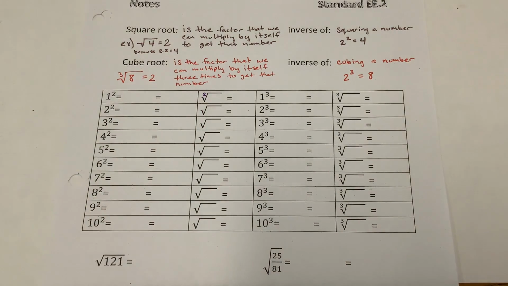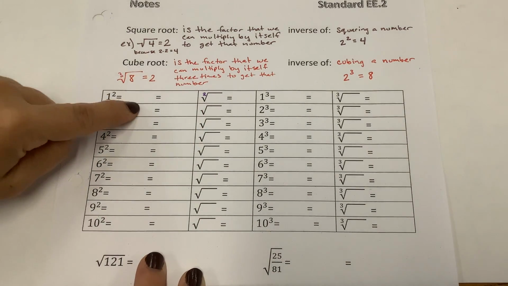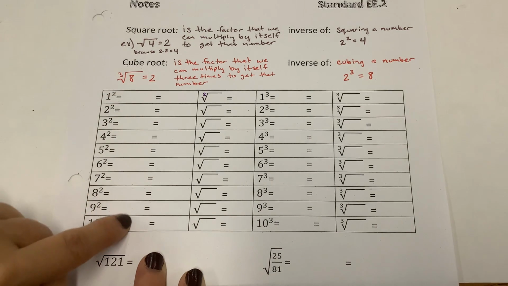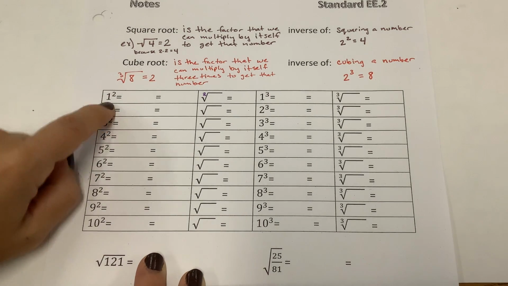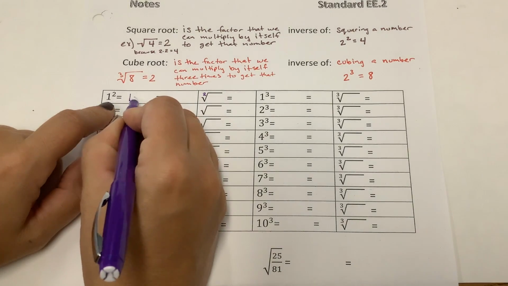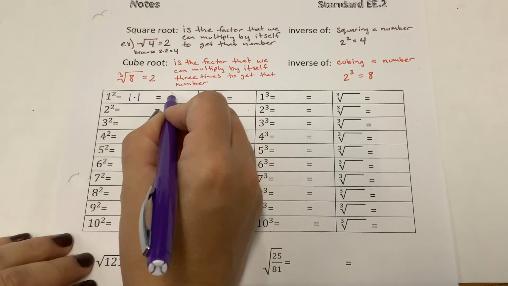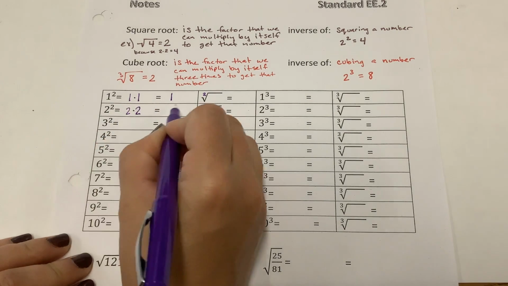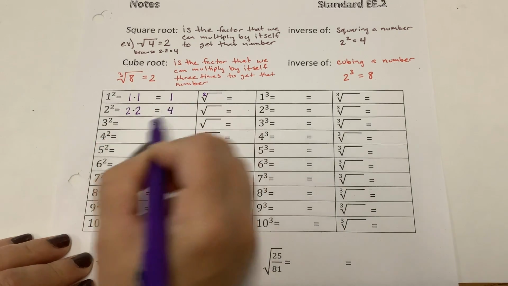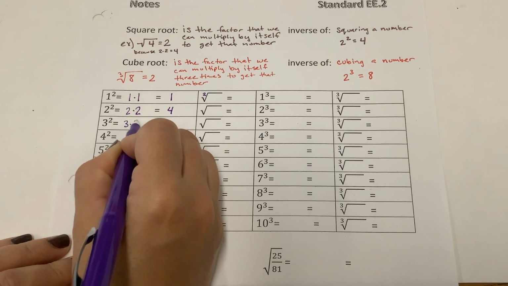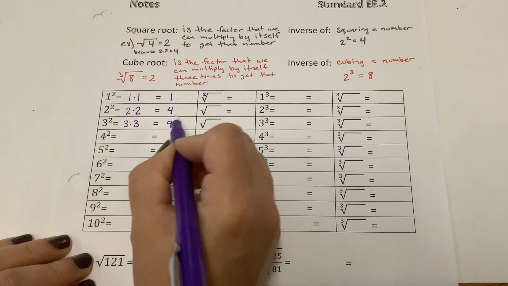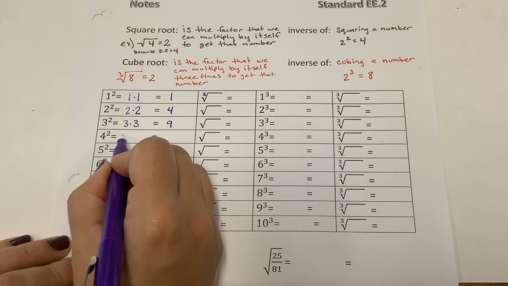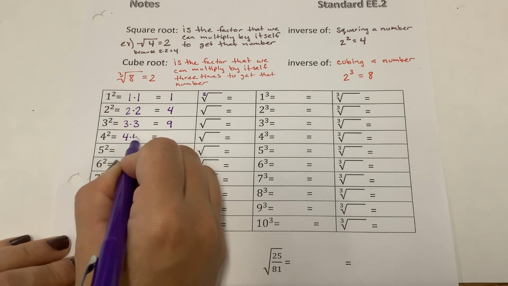But first, let's start with the squares. This middle column here for the squares, you're just expanding what it's asking us to do. So 1 squared is asking us to take 1 times 1, which is equal to 1. 2 squared is asking us what is 2 times 2, which is, and 3 squared is 3 times 3, which is, remember to multiply. 4 squared is 4 times 4, which is,